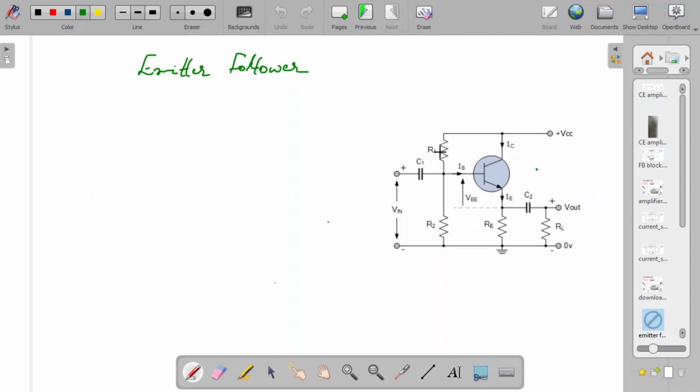So, as usual, you have R1 and R2 as you see in the other transistor configurations which you have learned. So the voltage across the resistance R2 provides proper biasing for the input side,